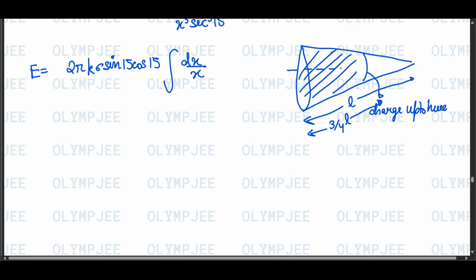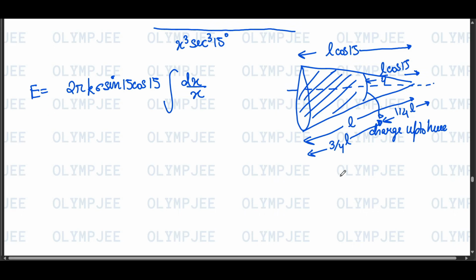So this will be 1/4 of slant length. So we need to find this, right? This will be equal to L/4 cos 15, and this will be equal to L cos 15. So we can put the limits as from L/4 cos 15